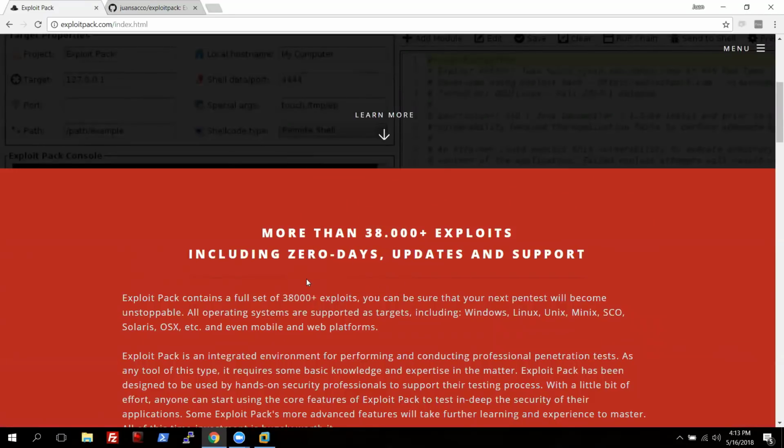And if you are a premium user, you can even use the 0 days that we have included, and some other features like reporting, fuzzing, decoders, and local fuzzers that you can make use of when you are trying